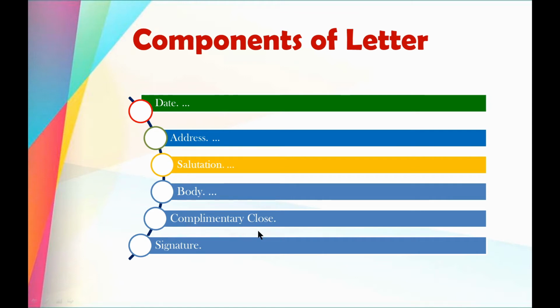And then the complimentary close. Usually we write hope to see you soon, take care at home, say salam to everyone at home. So these are complimentary closes that we use at the end or the closing part of our letters. And then the signature. Signature does not mean that we have to write our signature, but we usually write yours sincerely, yours obediently, yours truly, and then XYZ in the paper. But if you are writing practically to someone, you can use your name as well.